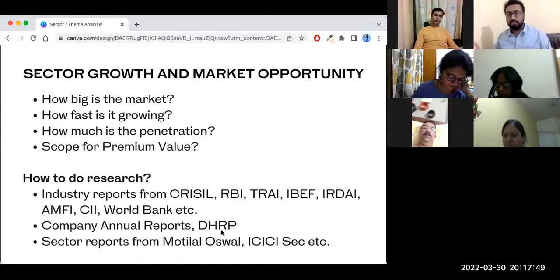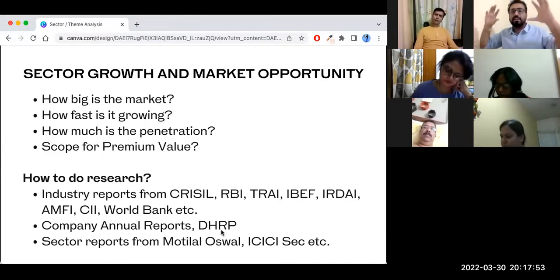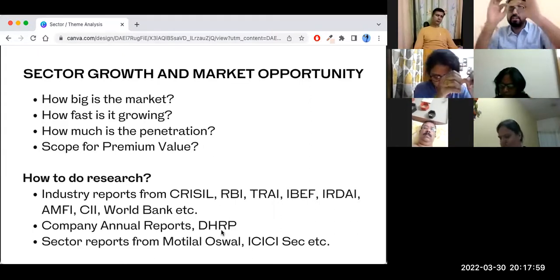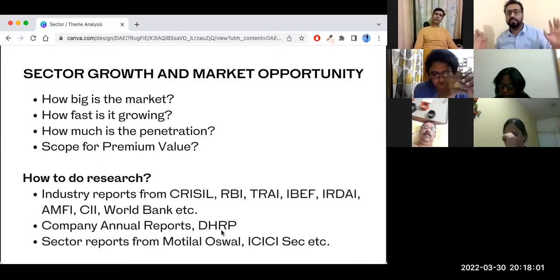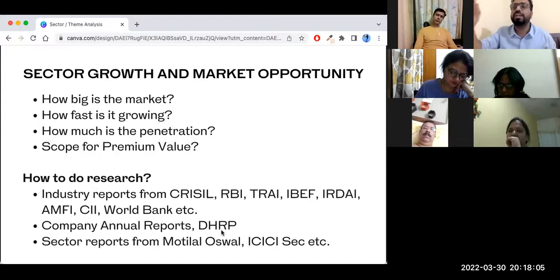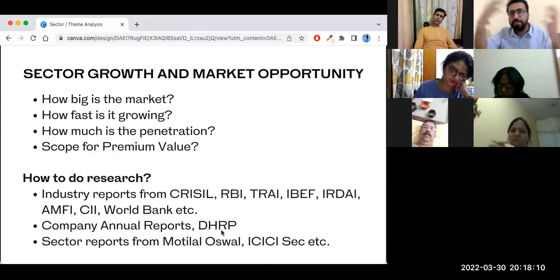This is how our industry is growing. This is how our sector is growing. This is how the company is growing. These are the key people in the company. These are the key processes in the company. Everything related to the company, the sector, the industry is mentioned in that. It's a pitch, an investor deck, a pitch to retail investors, right? This is the first way, which is making a very nice pitch.